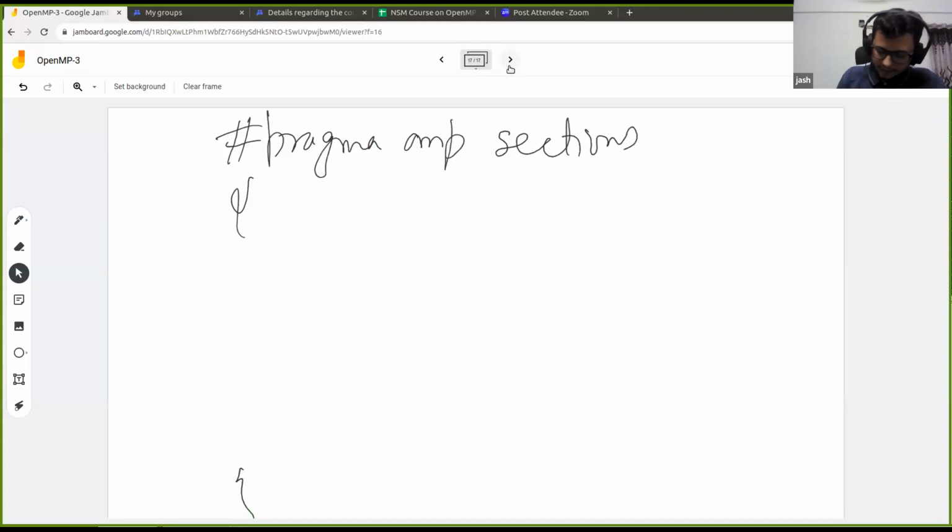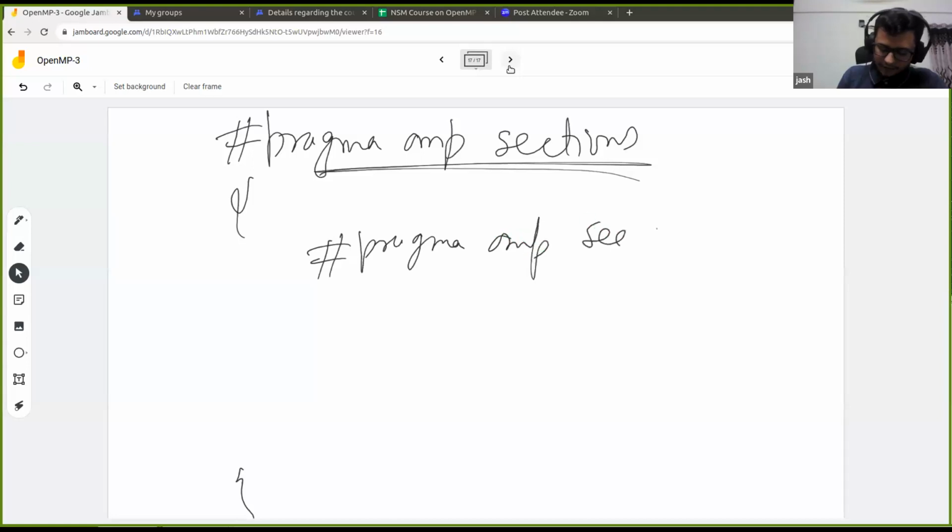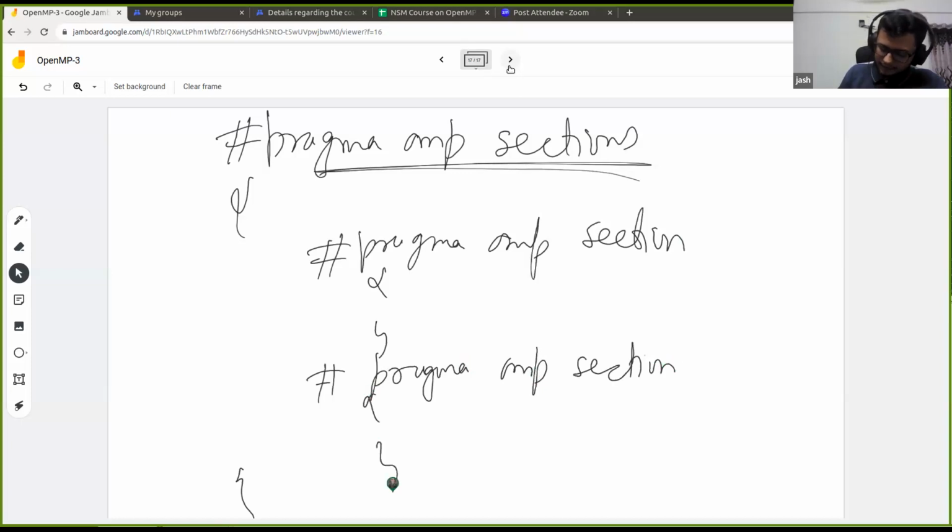By the way, this entire thing is inside a #pragma omp parallel, and within this, you specify #pragma omp section, which is the first section. Then you have a second section, #pragma omp section. This is section 1, this is section 2.